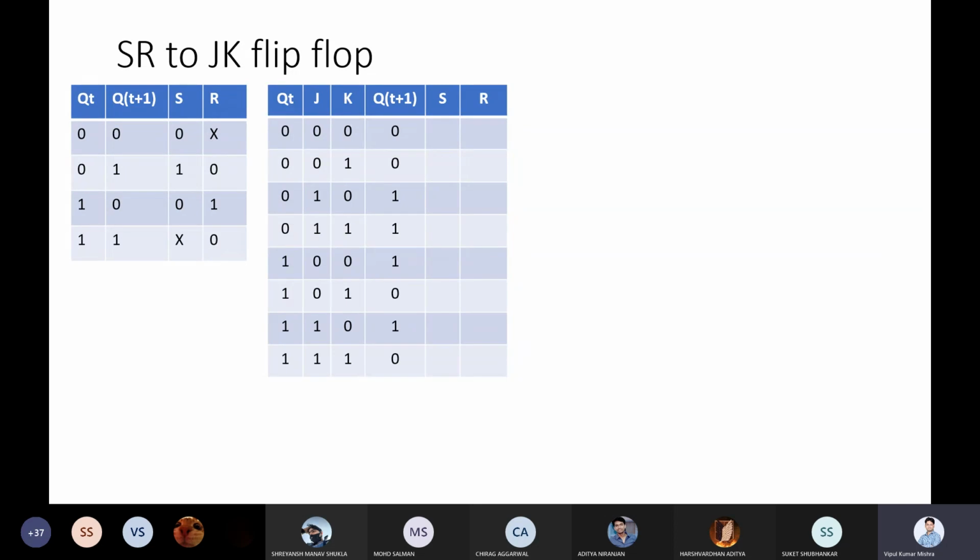Now here, one important point: we have 2 outputs. It means you require 2 K maps, one for S, one for R, and we have 2 equations as well. So try to do it at your end. Then we'll discuss. Take 2-3 minutes and try to solve it. Tell me what will be the function for S and what will be the function for R. In order to fill the entries in S and R, you can check the excitation table of the SR flip-flop that is written on the left.